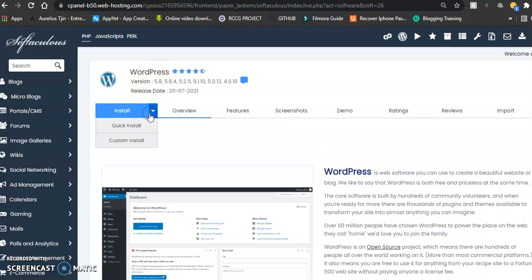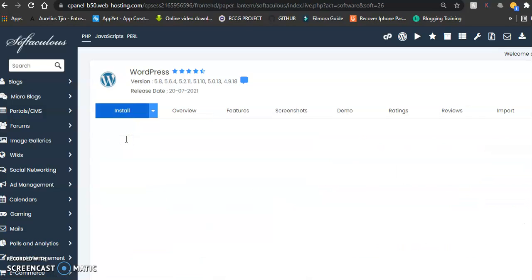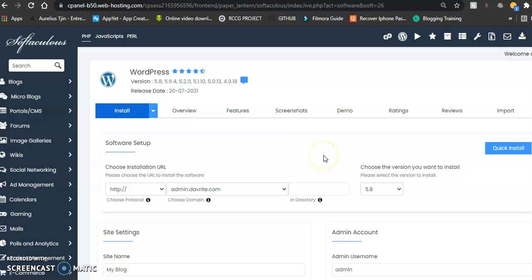When we go to WordPress, you do install. We won't choose quick install, we choose custom install, so we can see other options we want to work with. Quick install would hide some important options. Okay, so what we need to do at this point is